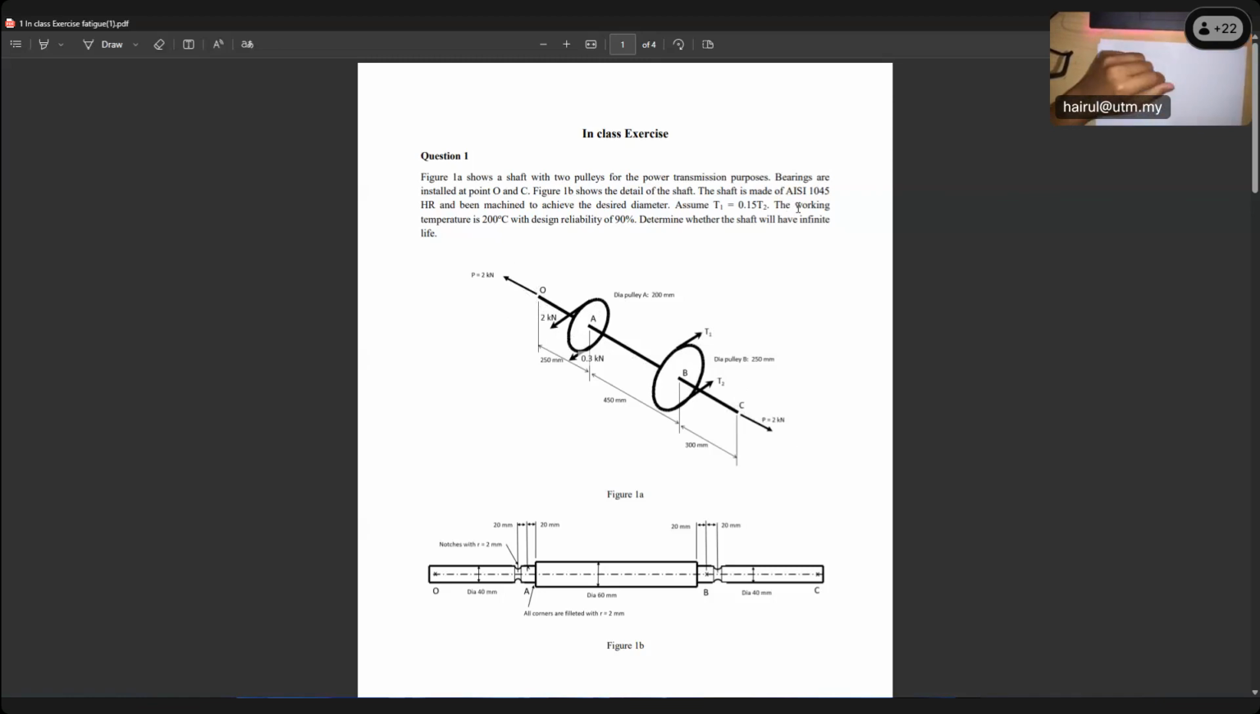It is also stated that the shaft is AISI 1045 hot rolled. Because we are analyzing the shaft, not the pulley. For example, then you do the shear diagram and moment diagram for the shaft OABC. The material of the shaft is AISI 1045. So it means you can find the value of your SUT, because for fatigue analysis we use SUT, and you find SY as well, based on